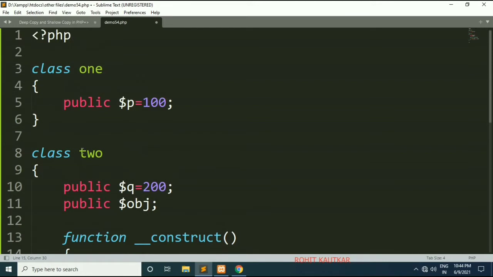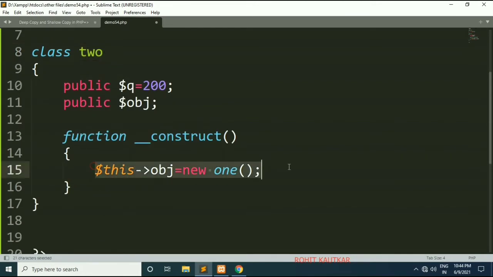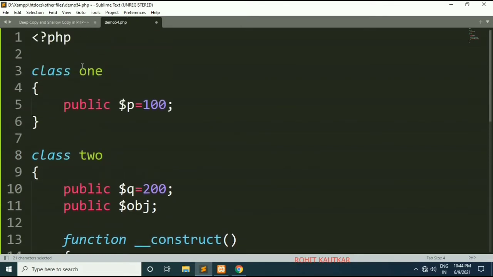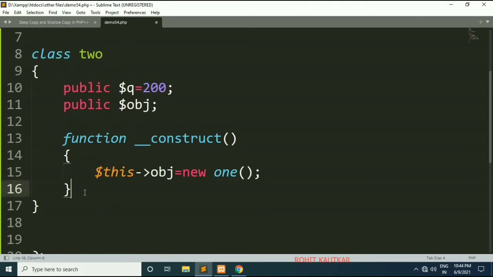Okay, so whenever I create the object of class 2, the instance of class 1 will also get created and it will be available as obj. Through this obj I may refer to the property of class 1. Now this is my class 2.